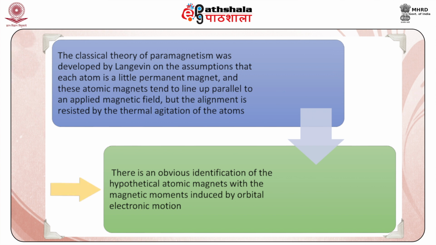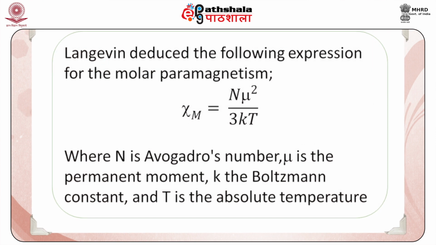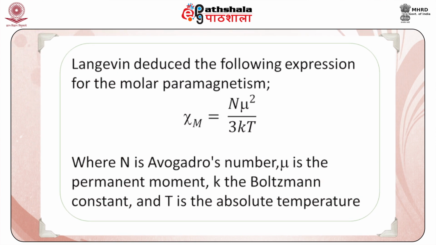There is an obvious identification of the hypothetical atomic magnets with the magnetic moments induced by orbital electronic motion. Langevin deduced the following expression for the molar paramagnetism: χ_m is equal to Nμ² upon 3kT,